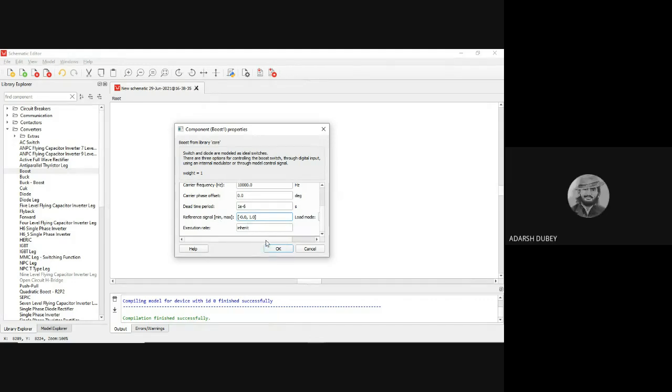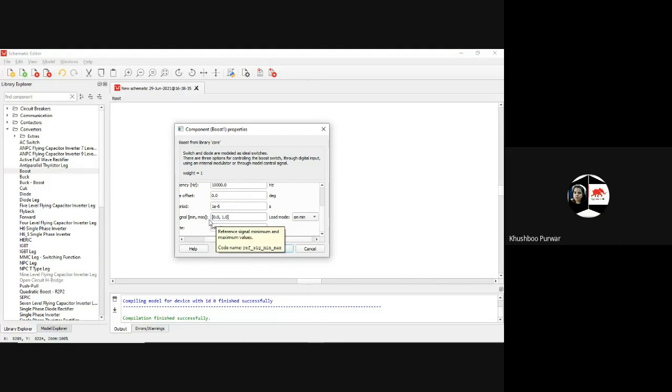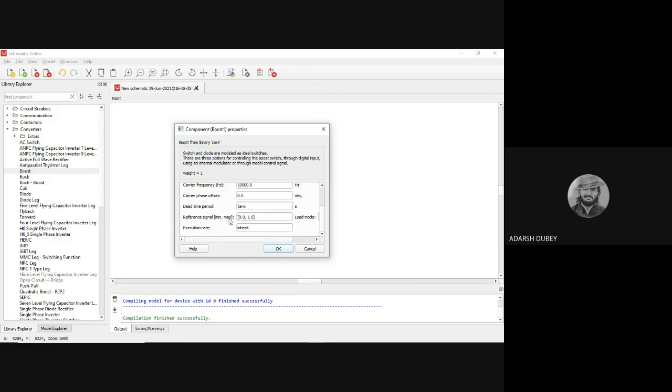What does -0, 0, 1 mean? Not -0, it is 0 only. In 0 to 1, why is it 4 times 0, meaning three times 0 and once 1? It is 0.0 and it is 1.0. That is the way it takes minimum and maximum values. Okay, ma'am. Dead time period is 1 microsecond, 1 e to the power minus 6 seconds. I'm just keeping it manually. You can try using 5 e to the power minus 6. I'm just keeping this so that I can get the results.